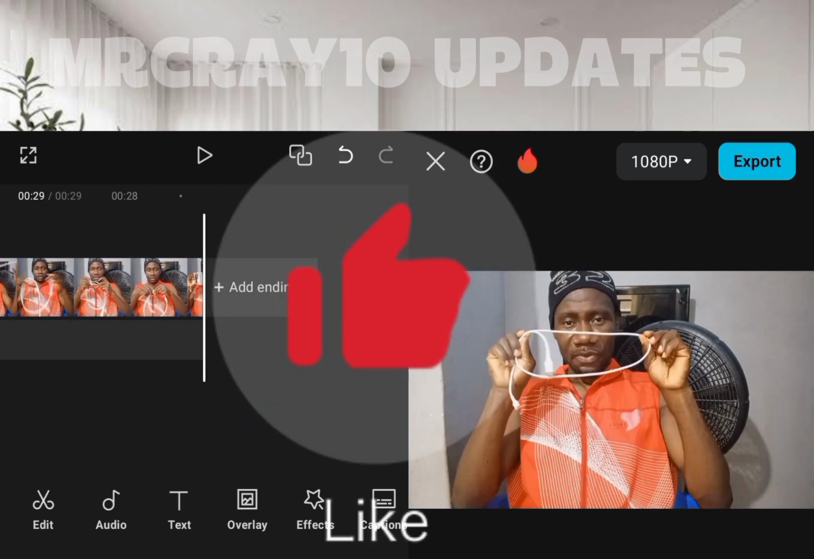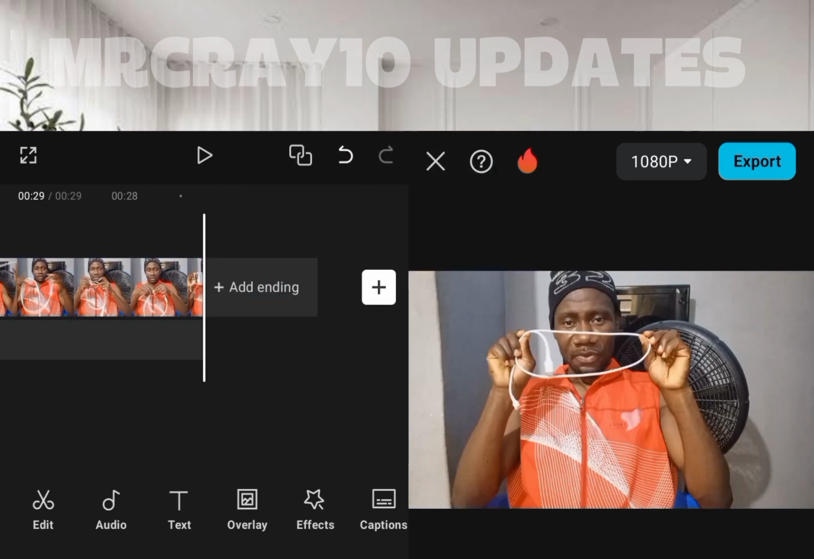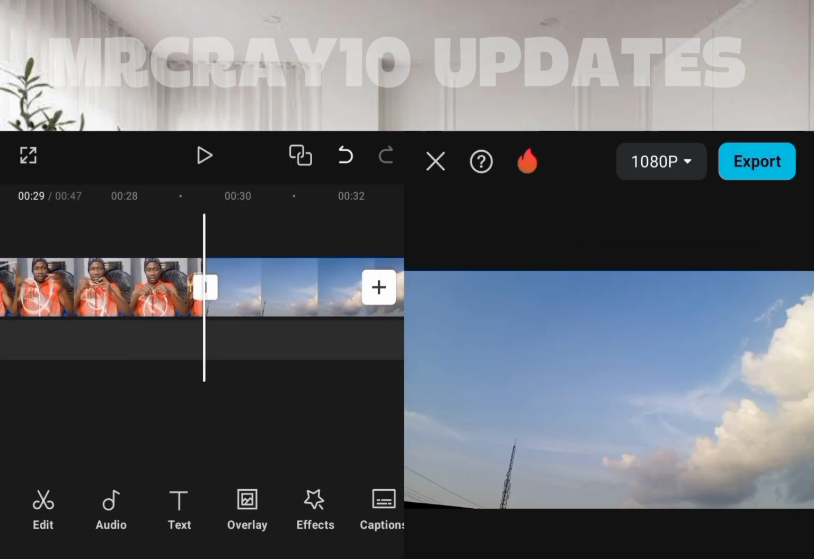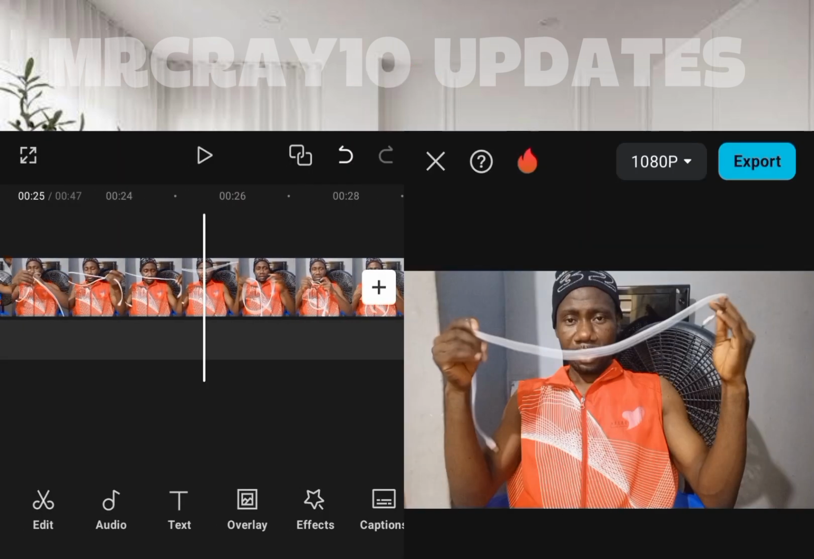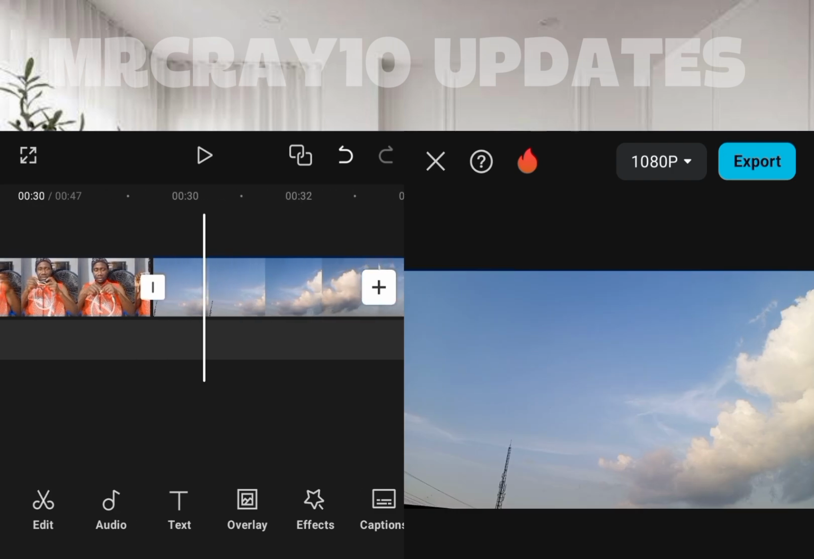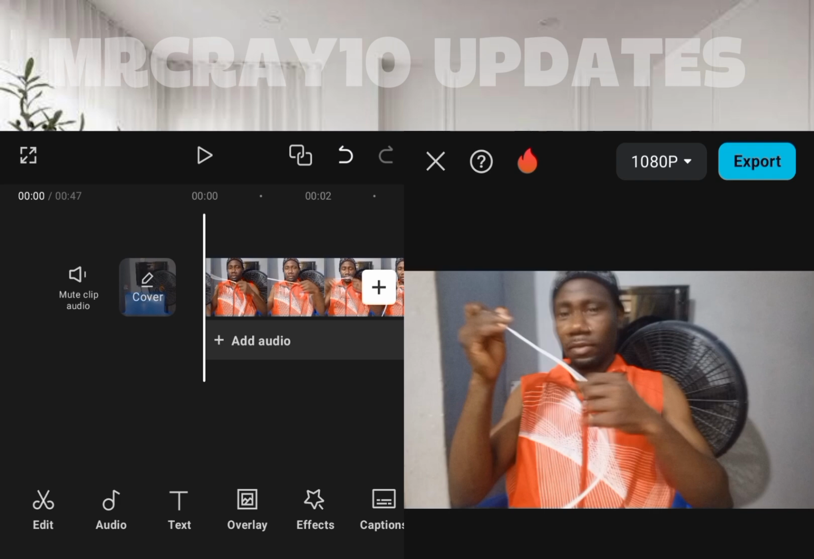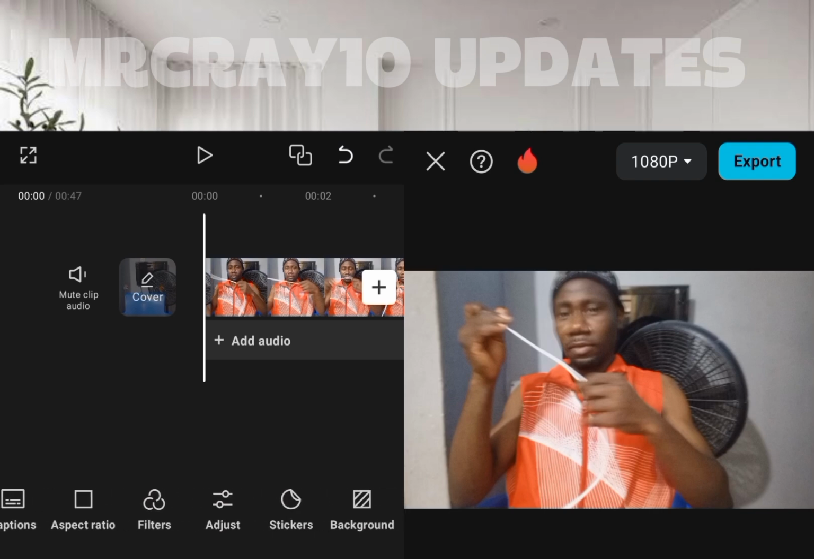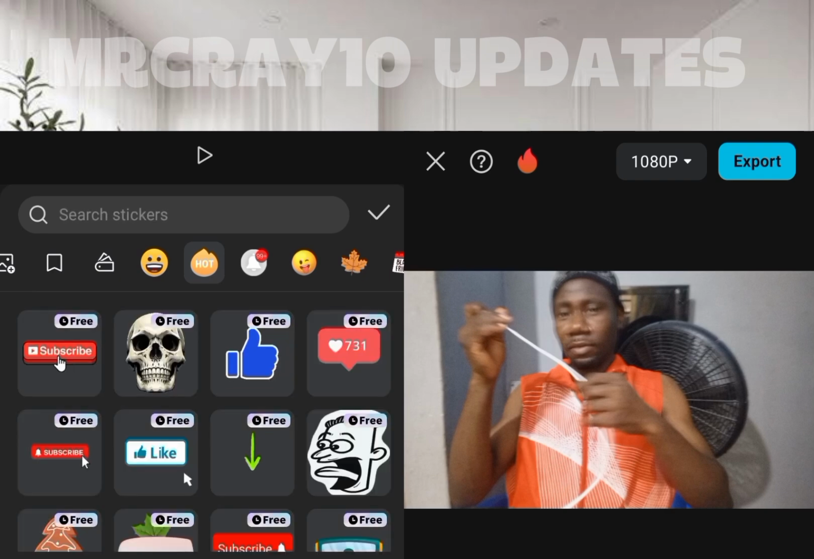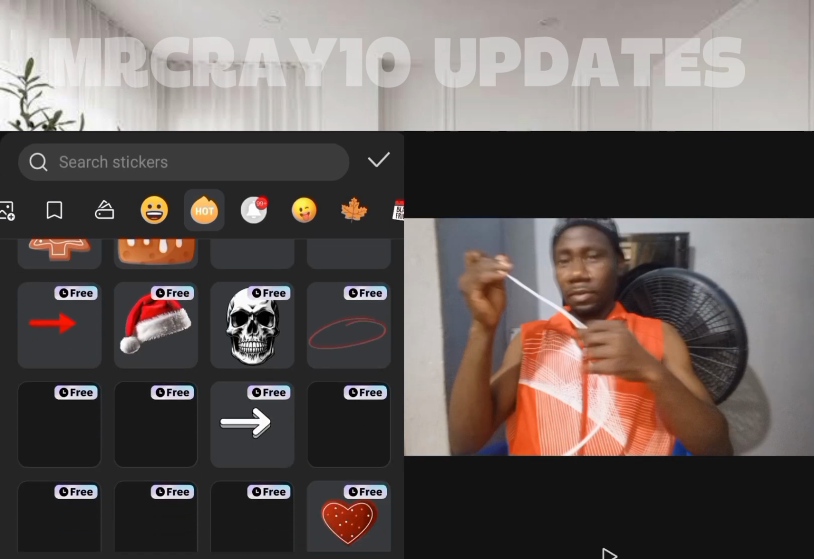So now we need to bring in another clip. So you click on this plus button here and bring in another video clip. As you can see right now, we have two video clips. So let's go to the beginning of the video. I want to add a sticker or text here so that you'll be able to understand how to use the link feature. Let me go to stickers. So I will just select